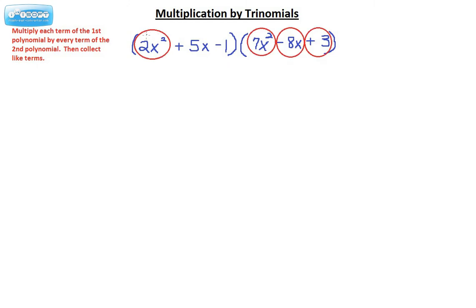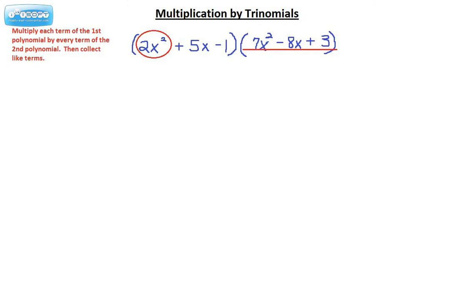We first take the first term in the first parentheses, 2x squared. We multiply it by 7x squared, then negative 8x, and then positive 3. Then we take the second term and do the same thing, and then the third term. This is going to give us a lot of terms, so there is an easier way to do this that won't be quite as confusing, and you can distribute the term in front, and I'll show you how to do that. We know we're first going to take 2x squared and multiply it by each term in the second parentheses,